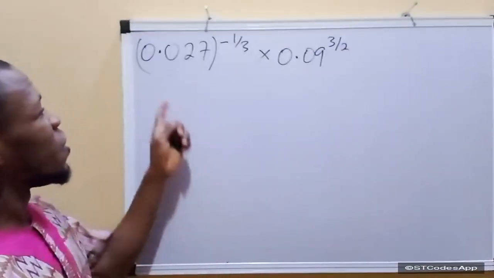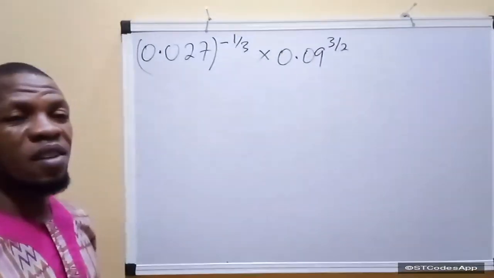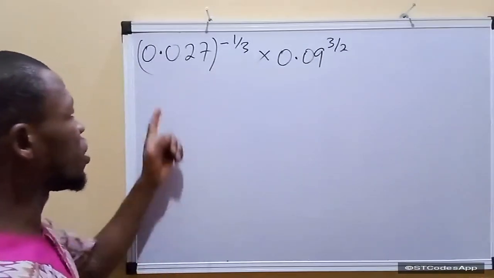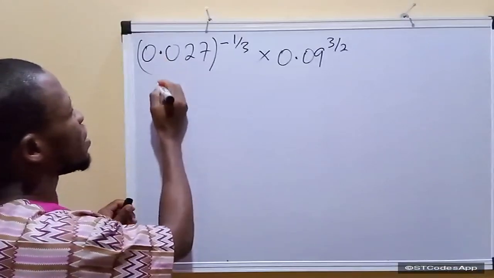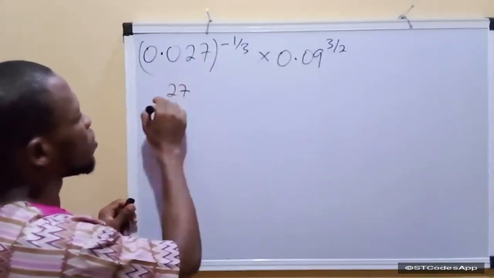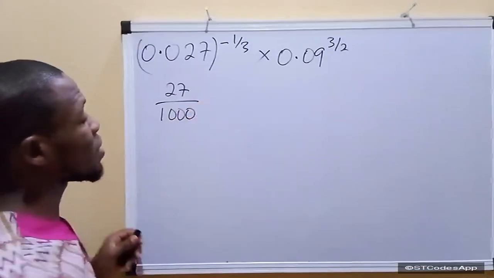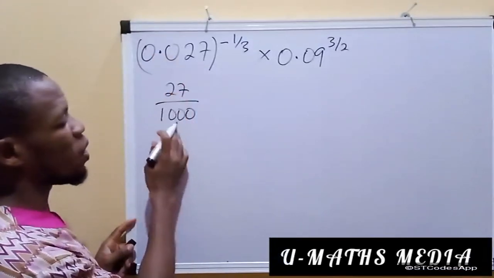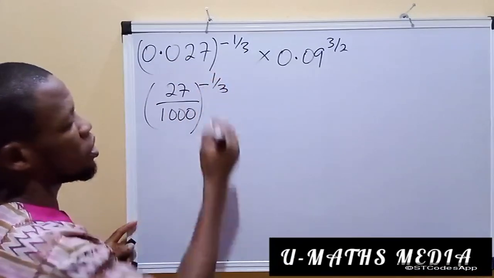Now, here we have 0.027. This is actually a decimal less than 1. So what's that going to give us? Let's change it to a fraction. Putting 1 under the decimal point, we'll have 3 digits on the right. So that's going to be 27 all over 1000. That's 1000 because of the 3 digits we have after the decimal point. So we have 27 all over 1000 all raised to the power minus 1 over 3